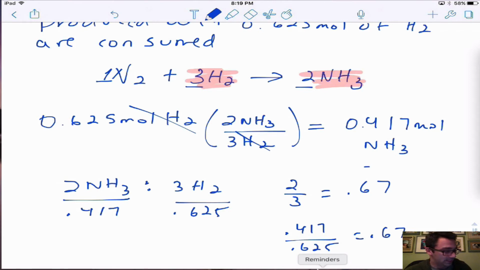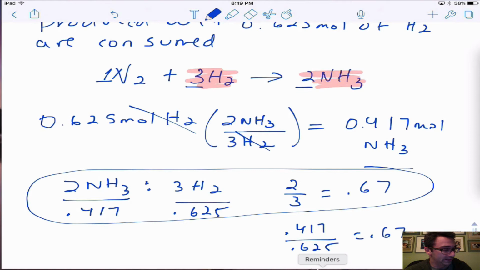This problem up here is the factor label method. This is the process whereby we